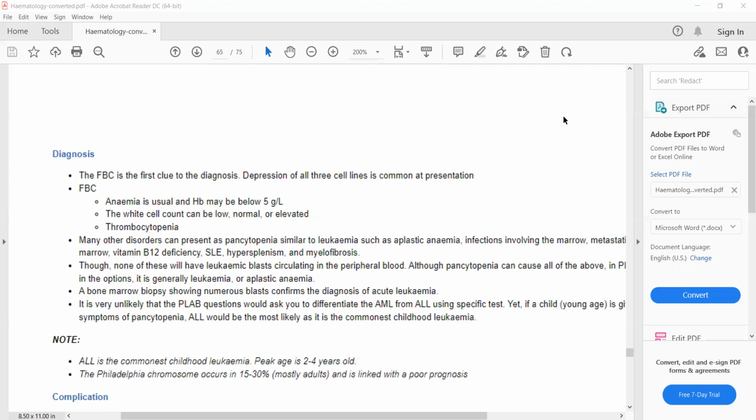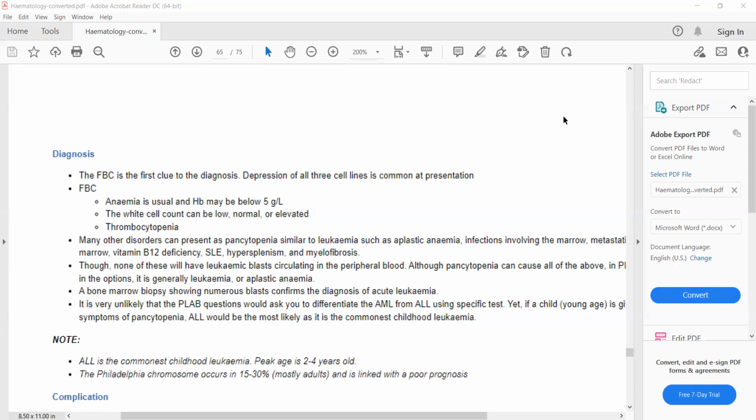And the definitive diagnosis of aplastic anemia or ALL is made on bone marrow biopsy. If bone marrow biopsy shows myeloblasts, then it will be acute myeloid leukemia. If it shows lymphoblasts, then it will be acute lymphoid leukemia. And if they simply mention that on bone marrow, blast cells are present, then you will decide about ALL or AML on the basis of the age of the patient. If a patient is a child with blast cells on bone marrow, then it will be ALL. And if a patient is an adult with blast cells on bone marrow, then it will be